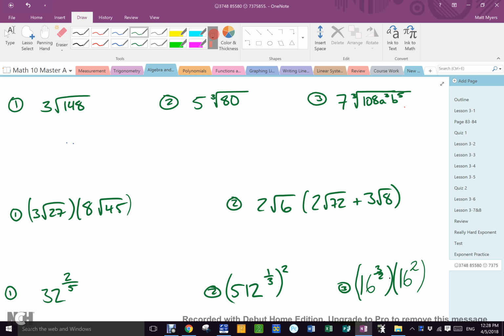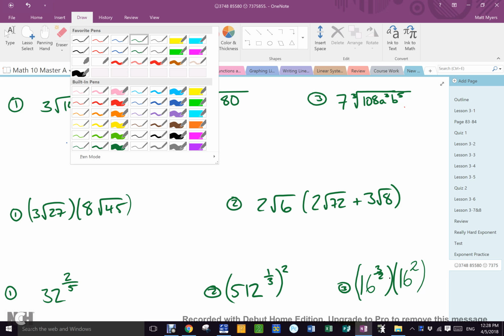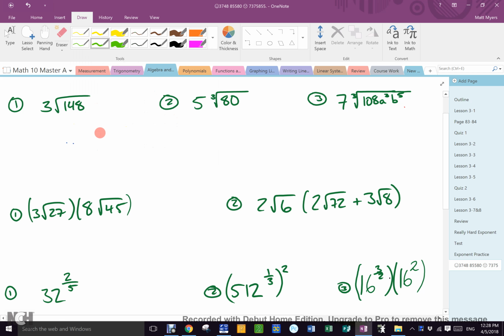Eric, in honor of you being back, I will let you choose the ink color today. Which green? Dark or light? Light. Light green it is. Even though this is all in dark green. Whatever. Okay. So,